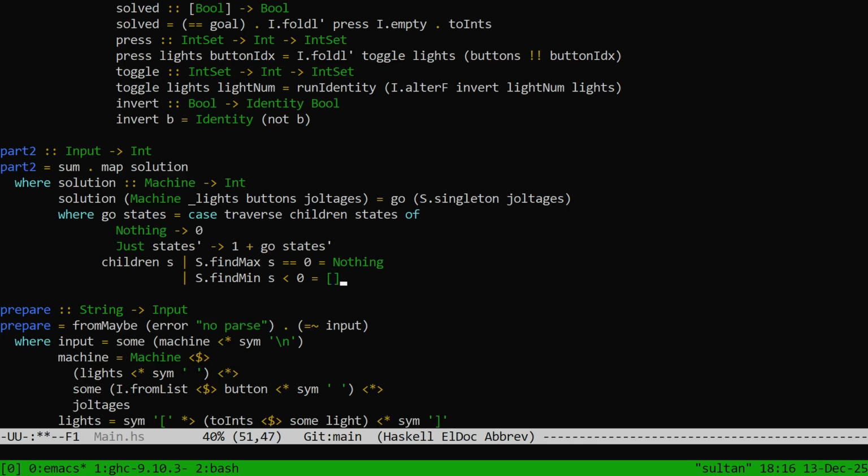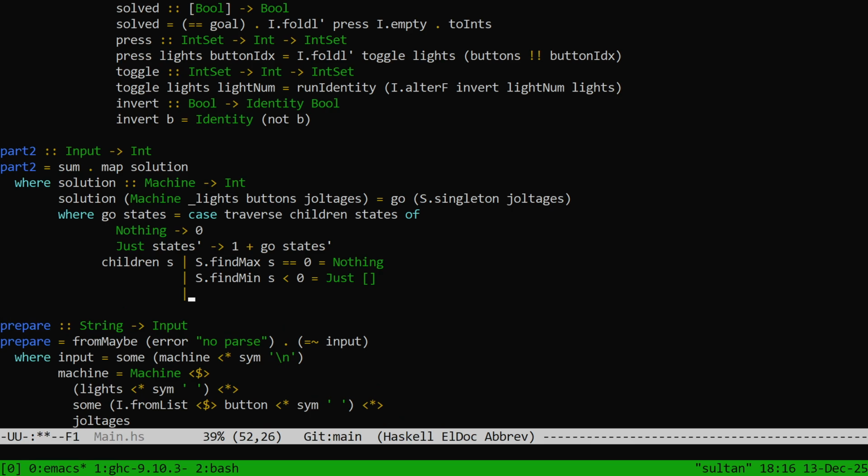We say, oh, excuse me, just an empty list. There's no solution, so the computation should continue, but not this branch of it. There are no children of this branch. Otherwise, we still have hope that this branch may lead to a solution, but we don't have a solution yet. Otherwise, it's